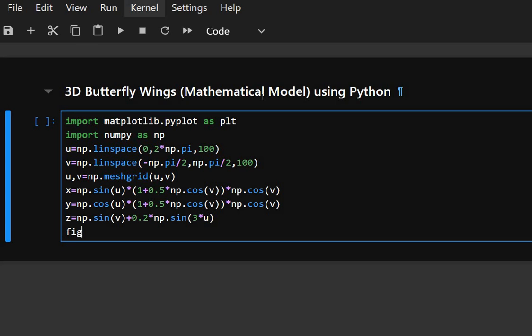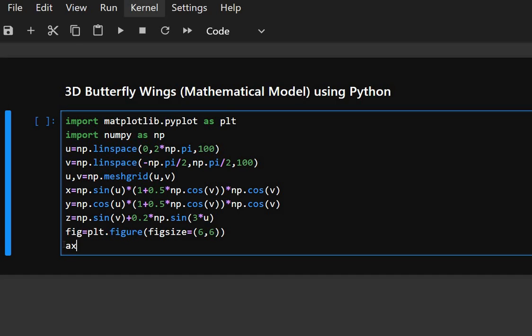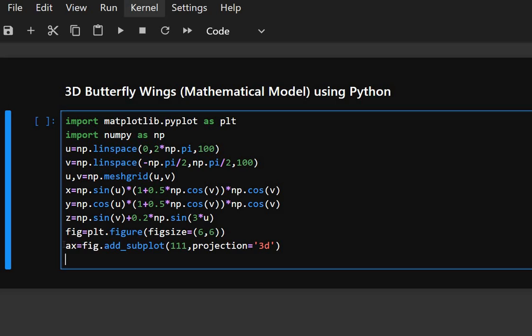Now we'll set up the 3D plot. So this creates a square figure of 6 by 6 inches with a 3D plotting environment. And now we'll